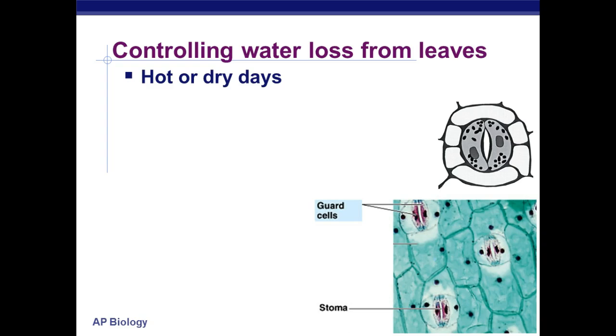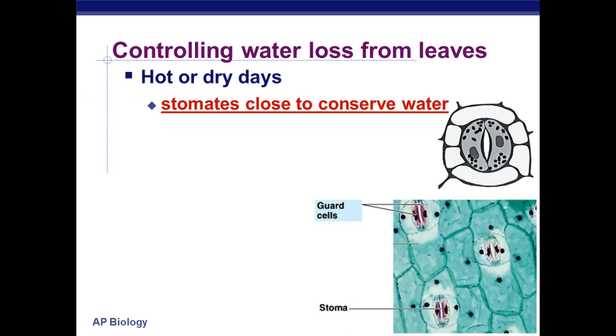But it's not all as easy as it looks. We have to remember that plants can have a limited supply of water, especially if they live in dry environments. So on hot or dry days, plants will quite naturally close their stomata to conserve water. If a plant runs out of water, it's going to wilt, it's going to lose turgor pressure, and with no water, there's no electrons, of course, to run the electron transport chain,